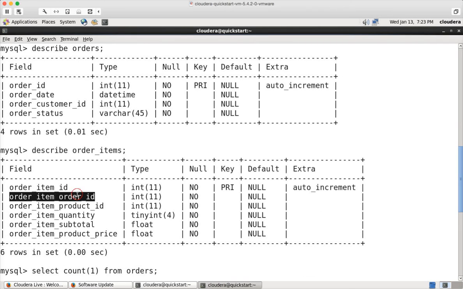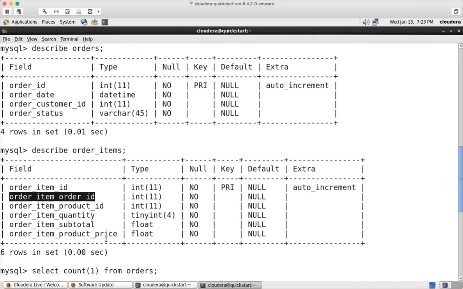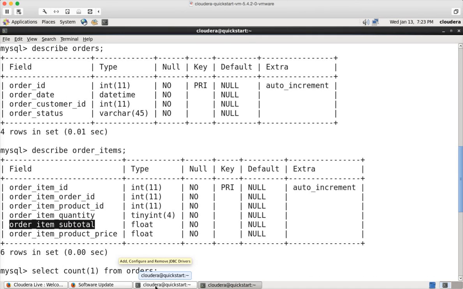Here you can see this is the field which you are trying to pull after splitting by the delimiters. And then I want to convert it with toInt, and then I want to get the revenue also. So revenue is the fifth field,